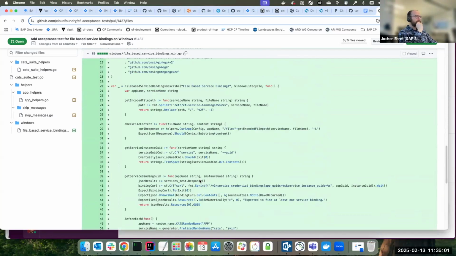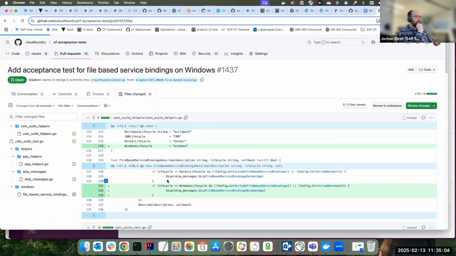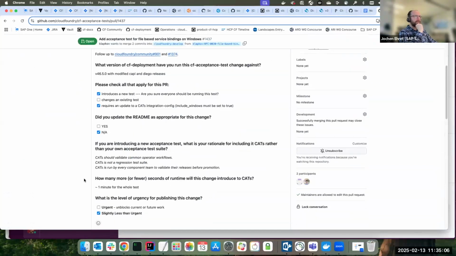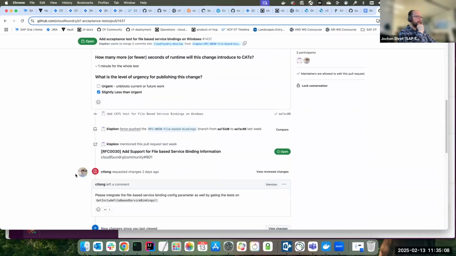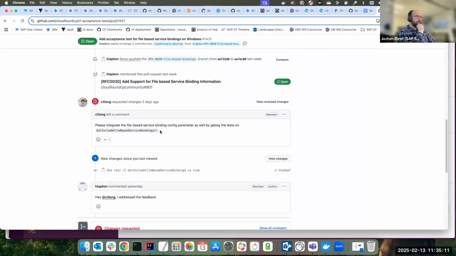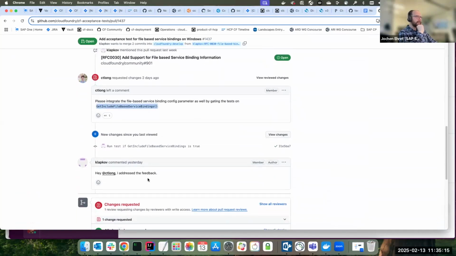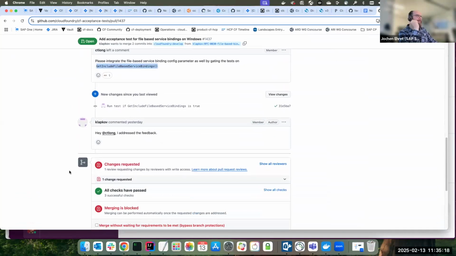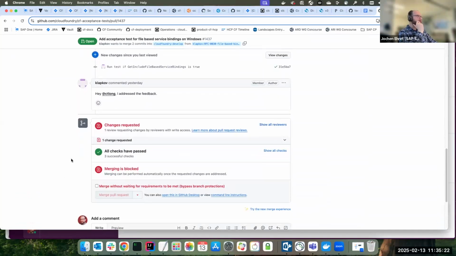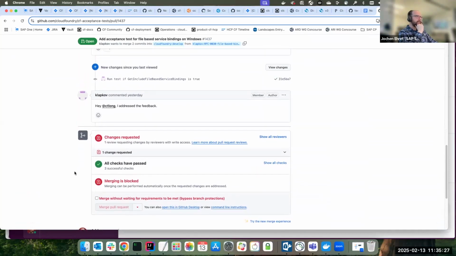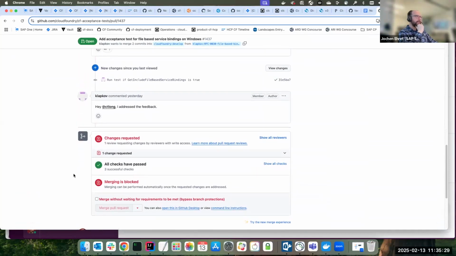Yeah, I guess Carson has been asked for a review. This trigger flag was not implemented, address the feedback, so this should be ready for review. We can't switch it on at the moment, but when the suitable Diego release is available, we can switch those on, and then we have full coverage for the new feature.